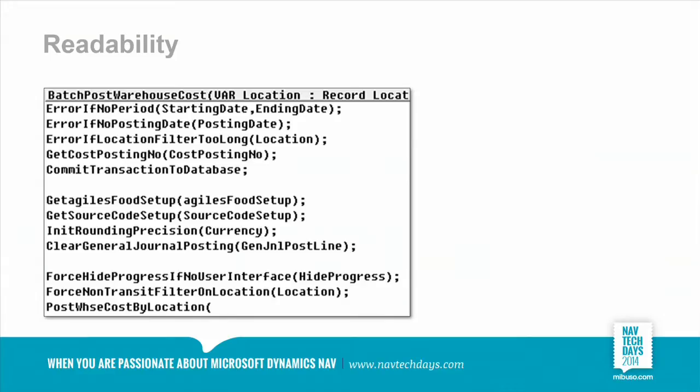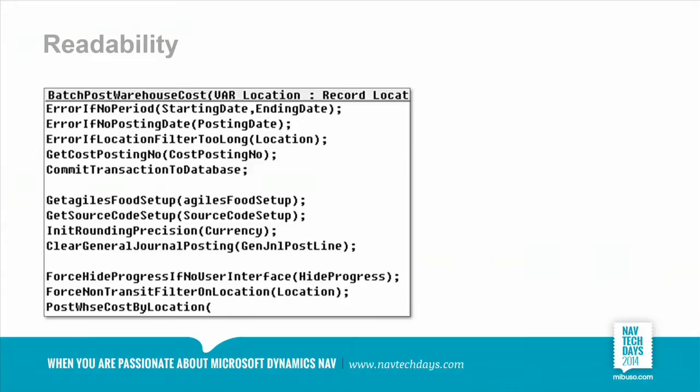So if you have an error and your customer complains, well, your application throws an error just because there is no posting date. Please fix that. Then your consultant can look into that and say, well, it is an error, but it's an application error. It's not a development error. It has been done by design. He can say that reading the code. And that's not only valid for consultants, it's also valid for support.